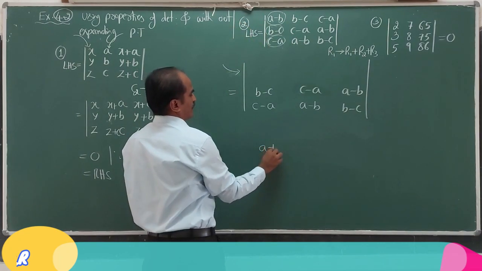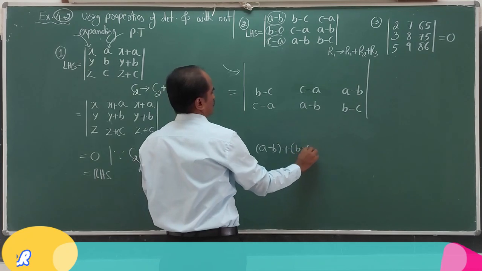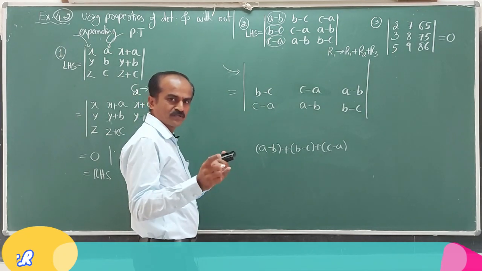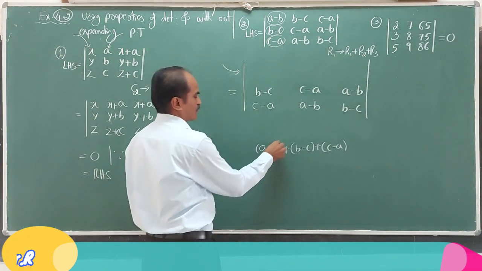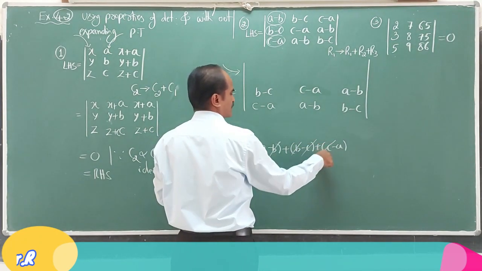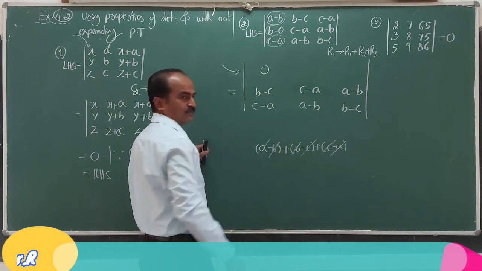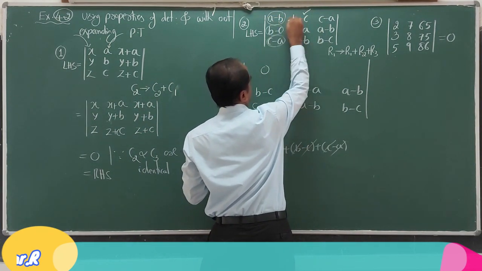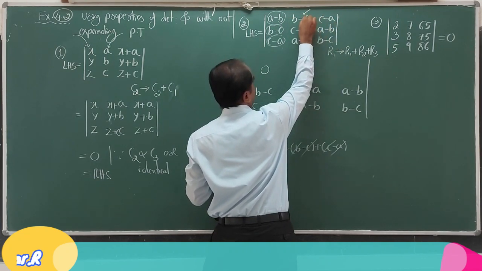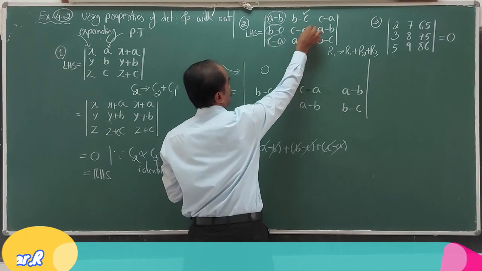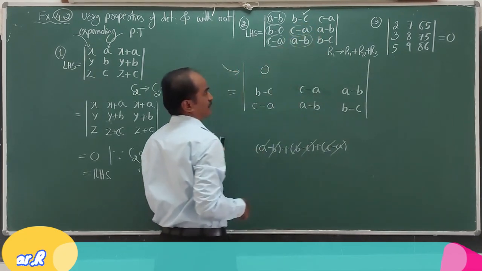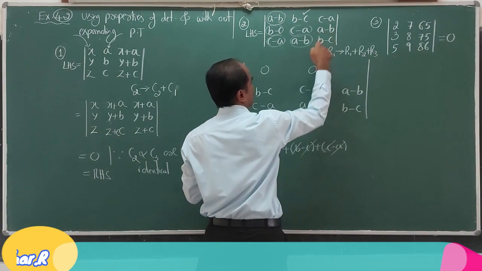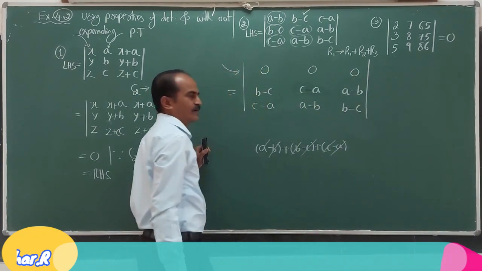What you are going to get? A minus B plus B minus C plus C minus C. I am adding R2 and R3 elements to R1 elements. What you are going to get? Plus B minus B, minus C plus C, A minus A cancels, I get 0. Similarly, to this element now, B minus C. It is an element present in first row, second entry. The corresponding elements in other 2 rows, C minus A, A minus B. On adding, once again you are going to get 0. To this element C minus A, adding A minus B, B minus C, you are going to get 0.